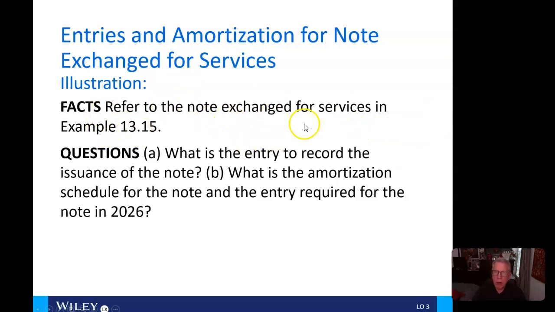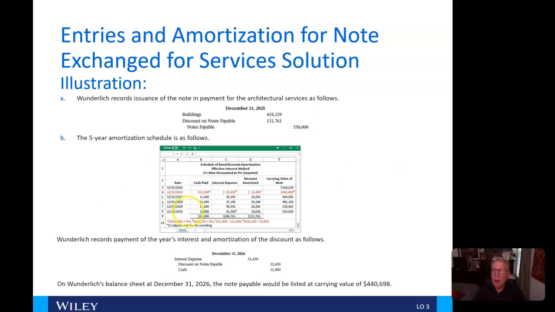So now we're going to take a look at that same example. What is the entry to record the issuance of the note? What is the amortization schedule for the note? And the entry required for the note in 2026. Okay, so Wunderlich is going to record buildings at $418,239, the discount which we just calculated at $131,761, and notes payable of